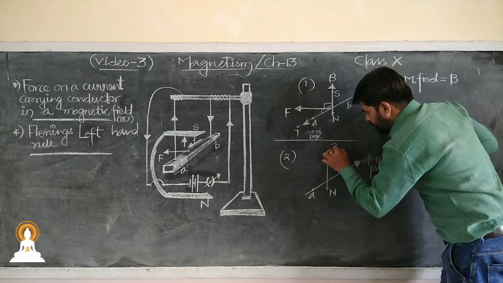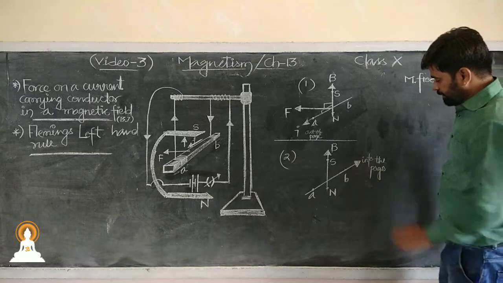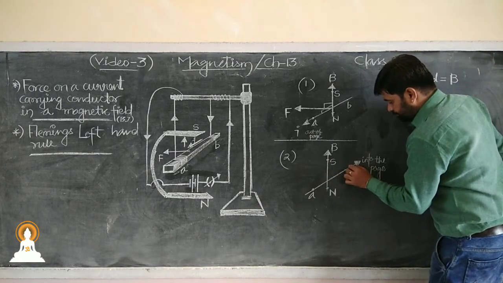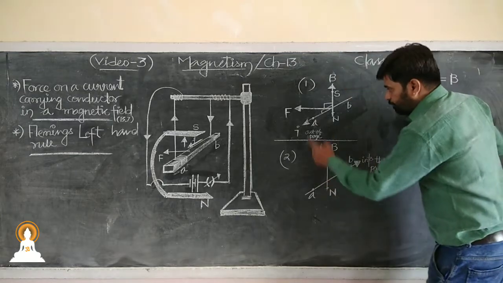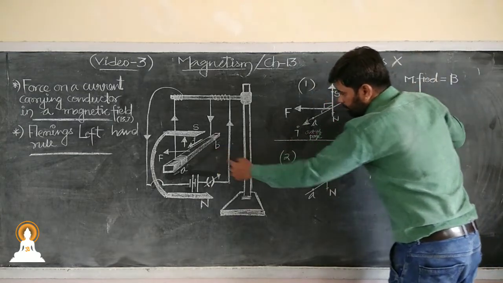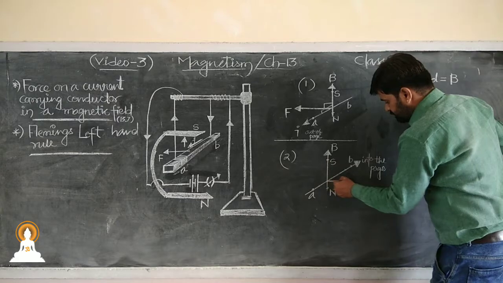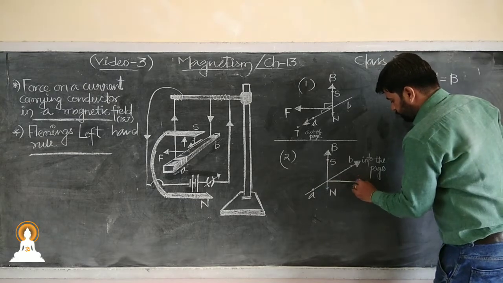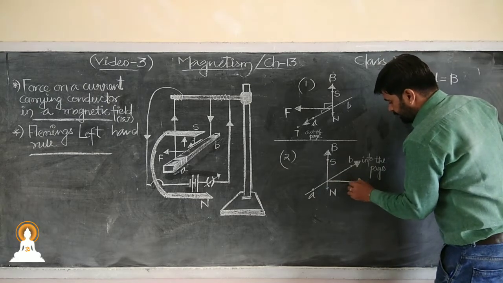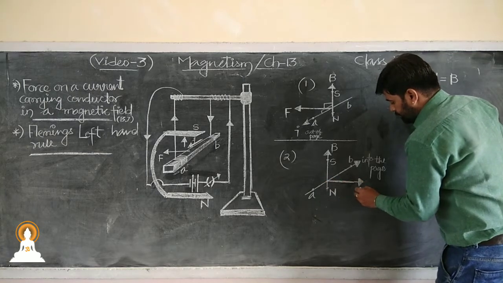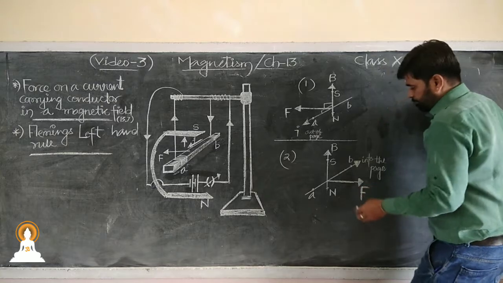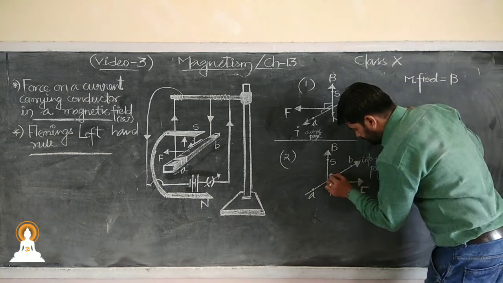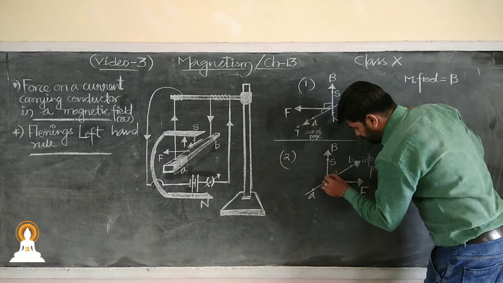And this is nothing but the magnetic field. Now this time what do we observe? We observe that this time the force over this particular rod AB is changed, and now that force is towards the right side. Now see, from here we may conclude something, a very important observation.